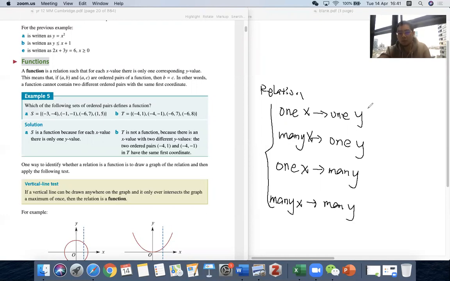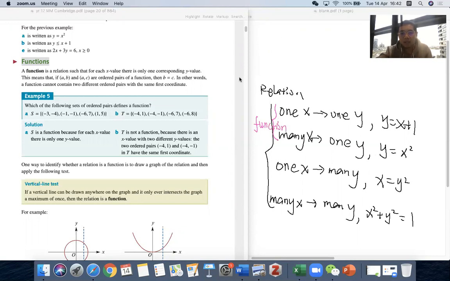To give you examples: 1x, 1y, y equals x plus 1. Many x, 1y, y equals x squared. 1x, many y, I can give you x equals y squared. And many x, many y, I give you x squared plus y squared equals 1. Okay? So for the first two, they are functions. Why? Because we can only have many x or 1x to 1y. And this one is corresponding to